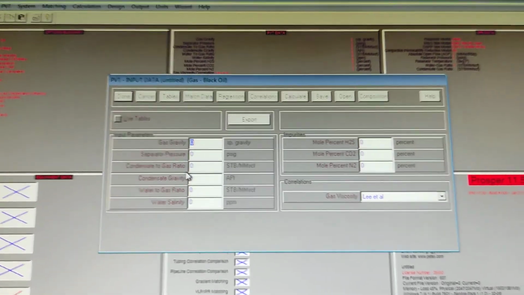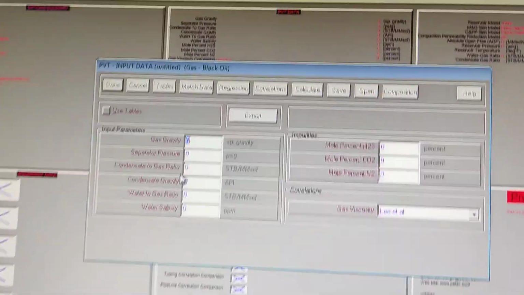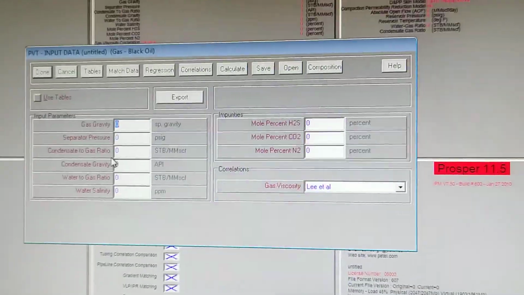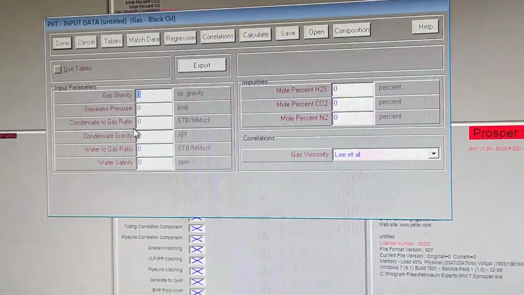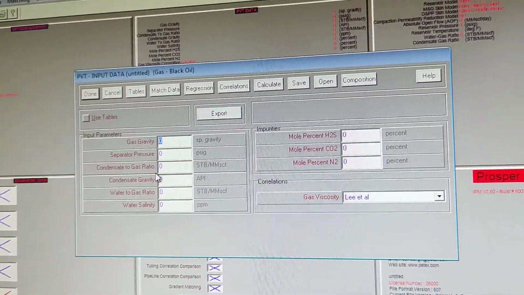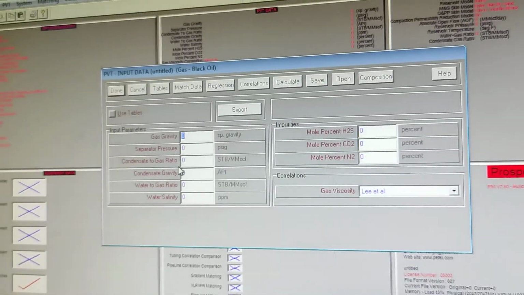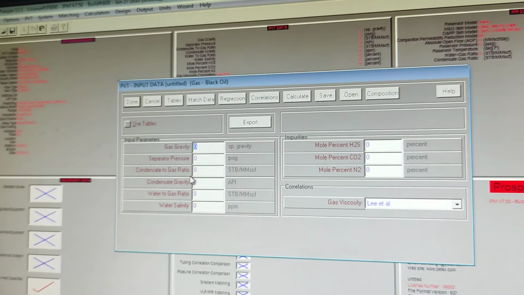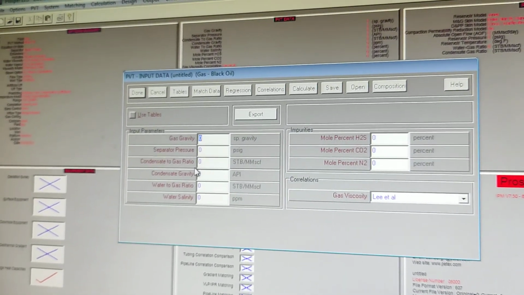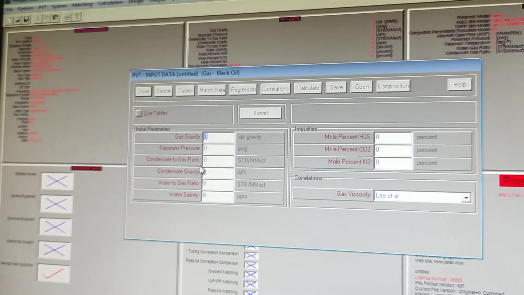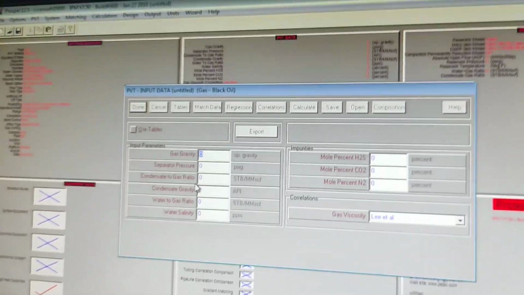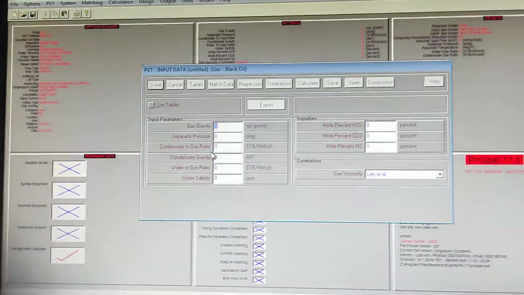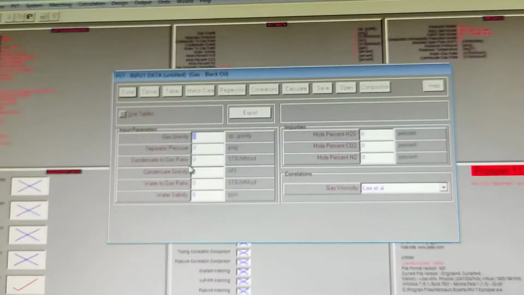One thing I want to add: if you put anything wrong in this software, it will not move ahead. It will give you a warning and tell you that your data is not valid, and that you have to review your data. Okay, now I am putting the data there.